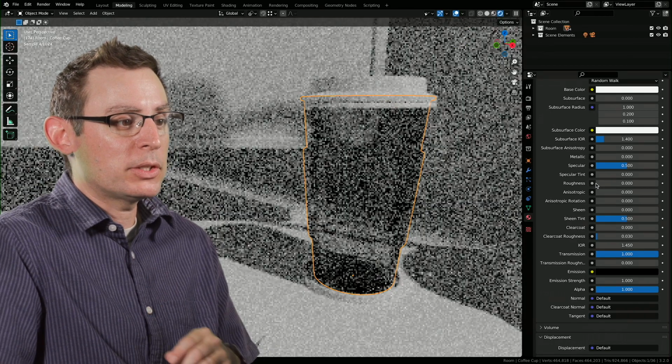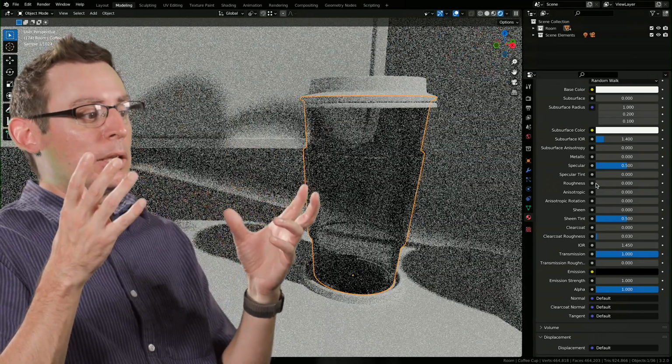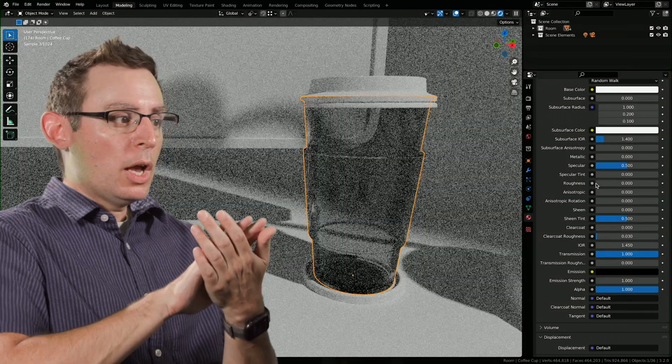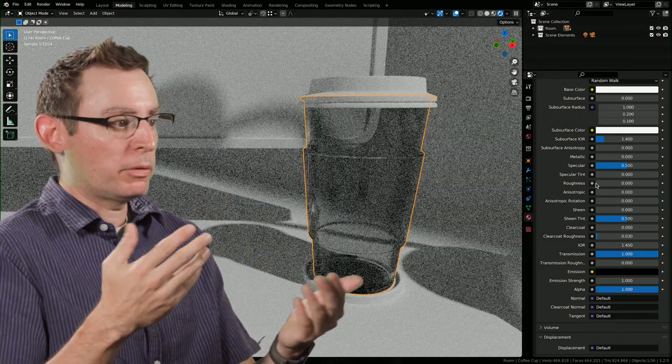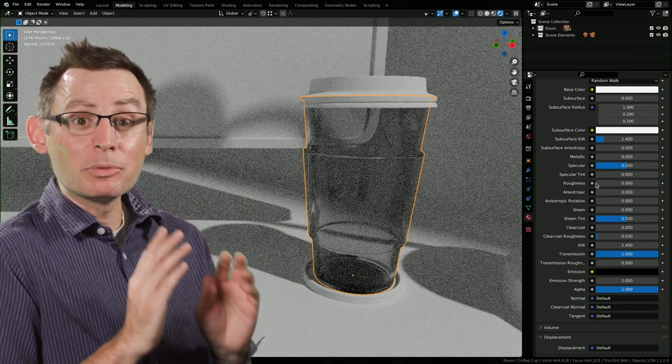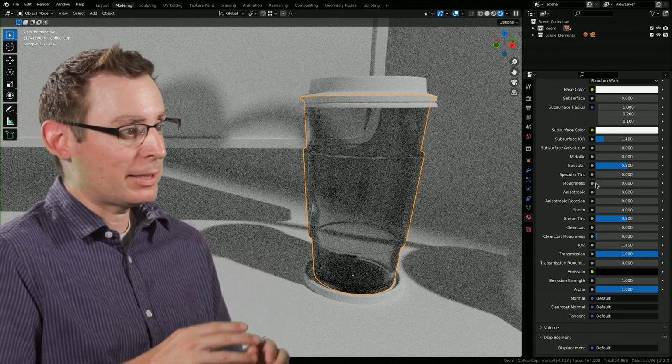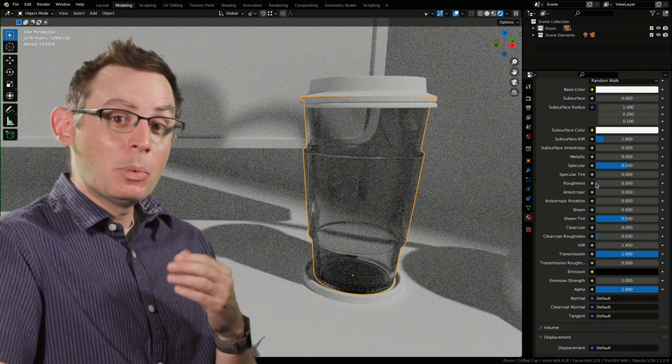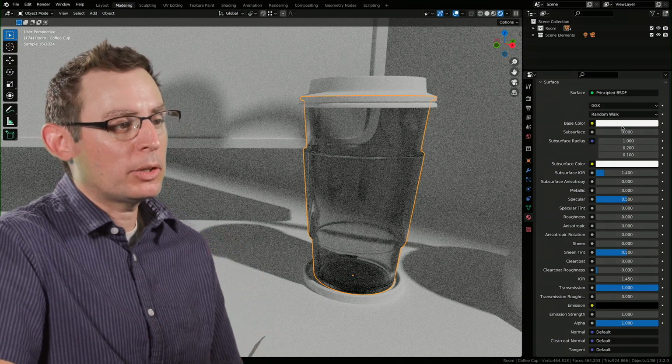However, if we were to put this to 0, now it's going to be entirely reflective, and it's not going to be softening the reflections. It's actually going to be refracting the light. And you can see here that we're creating some really great glass effect. It's wonderful transparency. If you want to tint your glass, just go up to your base color and start giving it a small little color.